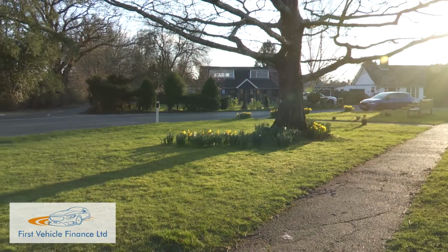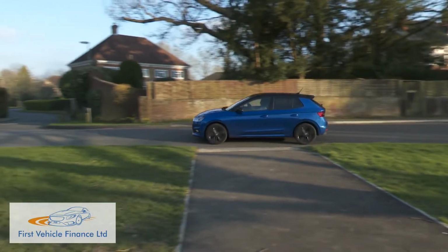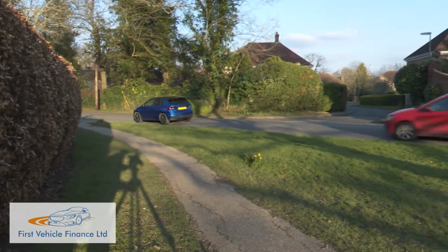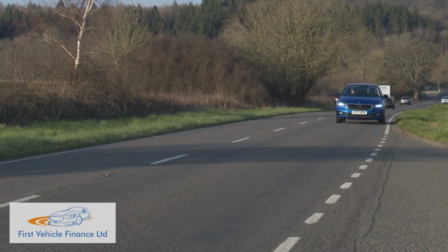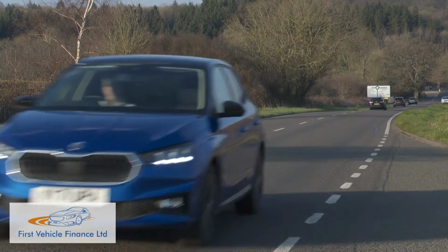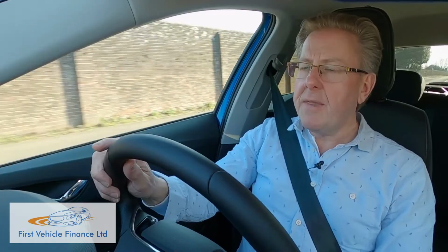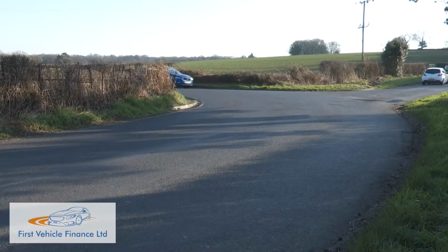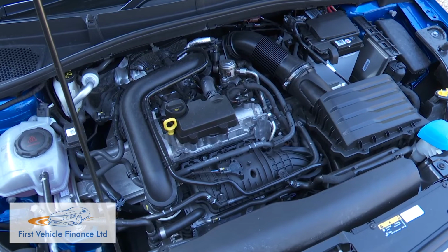Like its predecessor, this Fabia impresses when it comes to low-speed manoeuvrability. Its light steering, tight turning circle, and great all-round visibility make town travel easy. As you might expect, at higher speeds the helm isn't exactly full of feedback, but it's reasonably communicative and you always know what the front tyres are doing. Overall, there's still a real maturity in the way this car drives,